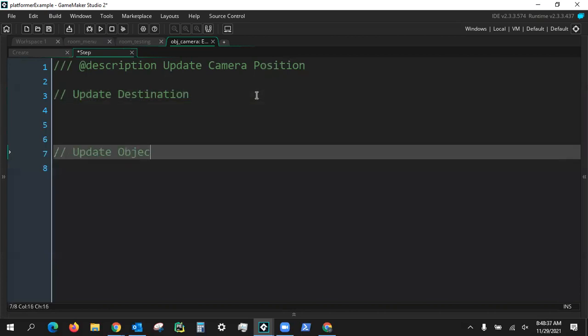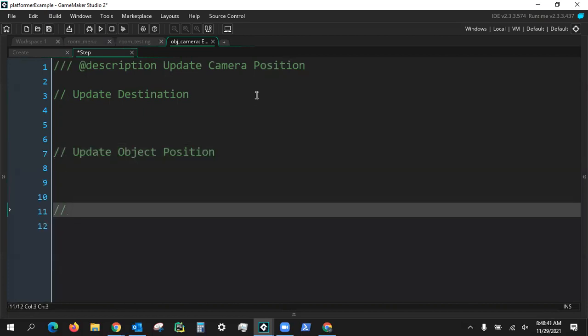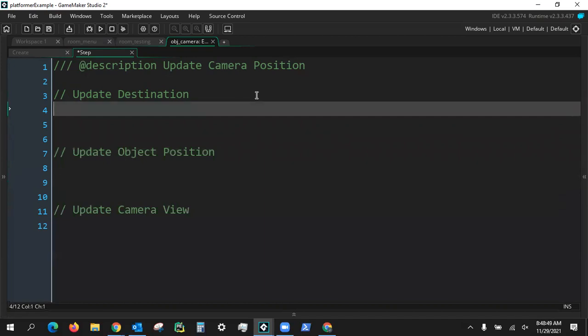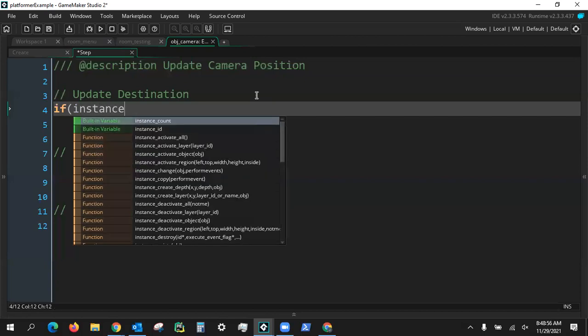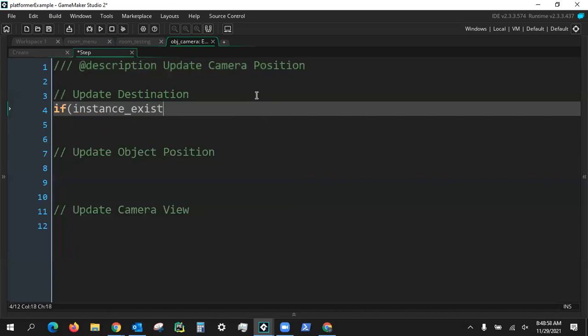Update our object position. And then finally, update the camera view. So to update the position, we need to check first if our instance exists. We, of course, don't want to be following the player if the player has died. So whatever we're trying to follow, if it exists,